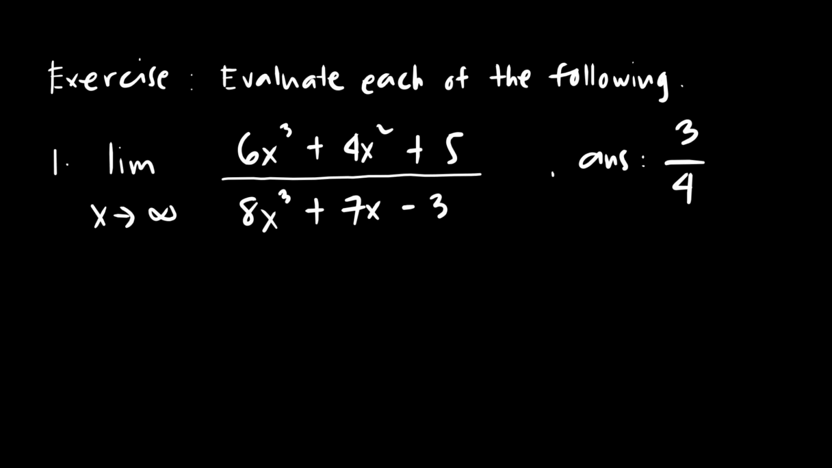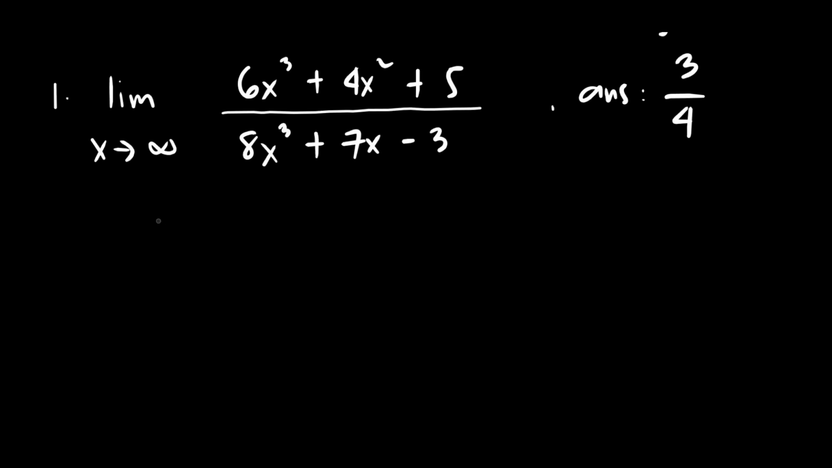So let's solve this one. Exercise, evaluate each of the following. So for number 1, limit of 6x cubed plus 4x squared plus 5 all over 8x cubed plus 7x minus 3 as x approaches infinity. So in solving